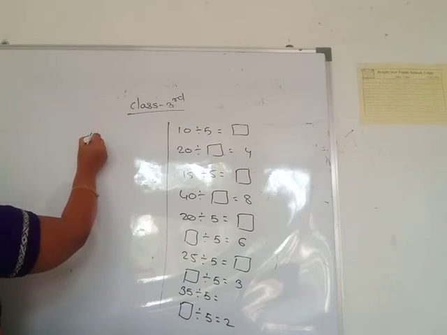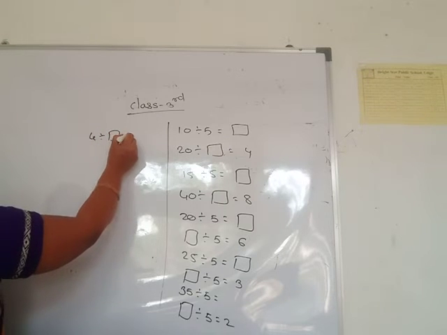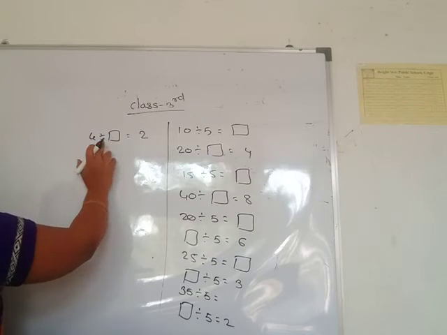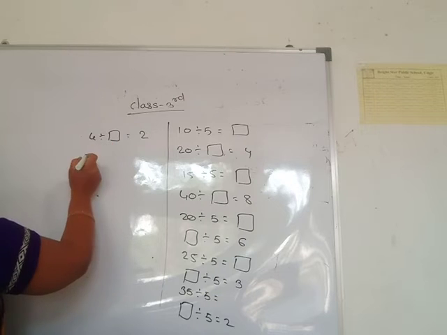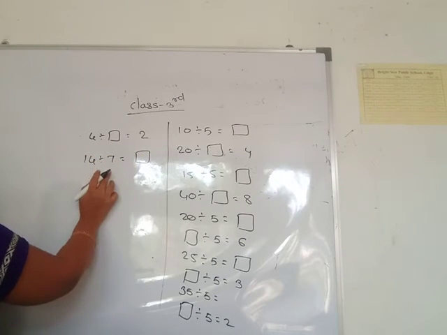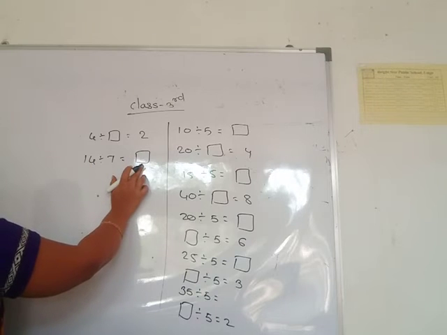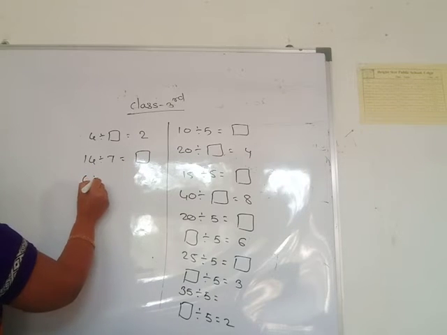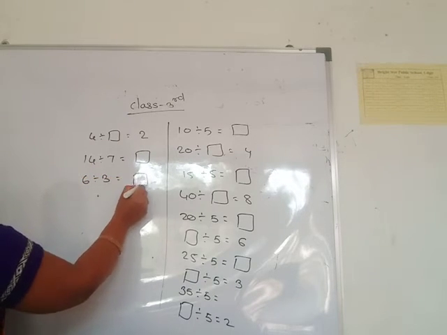Here 4 divided by one empty box is equal to 2. 2 2s are 4. Then you write answer 2. 14 divided by 7 is equal to, 7 1s are 7. 7 2s are 14. Then you write answer 2. 6 divided by 3. 3 1s are 3. 3 2s are